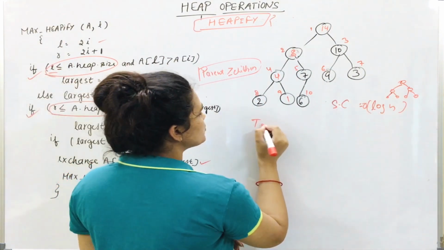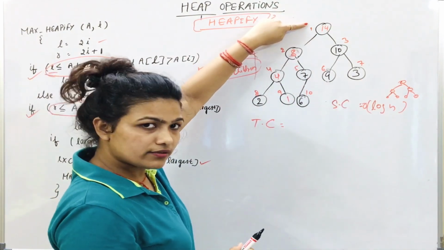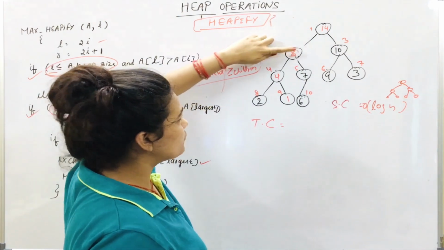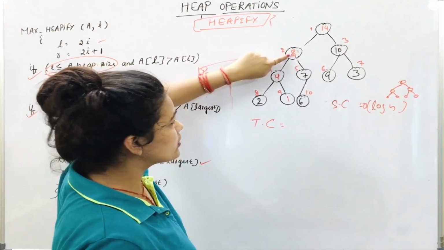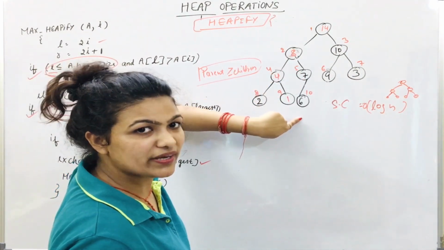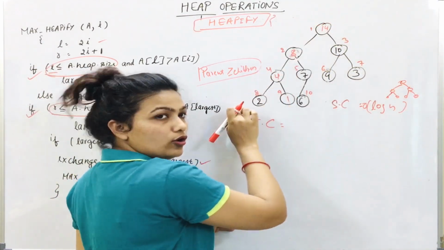And if we talk about time complexity, this is very simple. See, what are we doing? We are making two comparisons, one for this, one for this. And then in the same way for the next one, one for this, one for this. Next one for this, one for this. Till how many times? Log n times, because our tree is growing in log form.